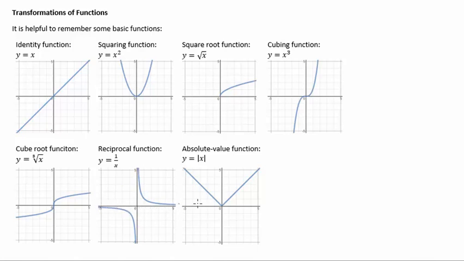issue for y. And then the absolute value function, which is, remember, absolute value is where you take negative values and you change them to positive. So instead of that line we originally had for x, this part down here is flipped up and is made positive. So these are some basic functions that are helpful for you to know